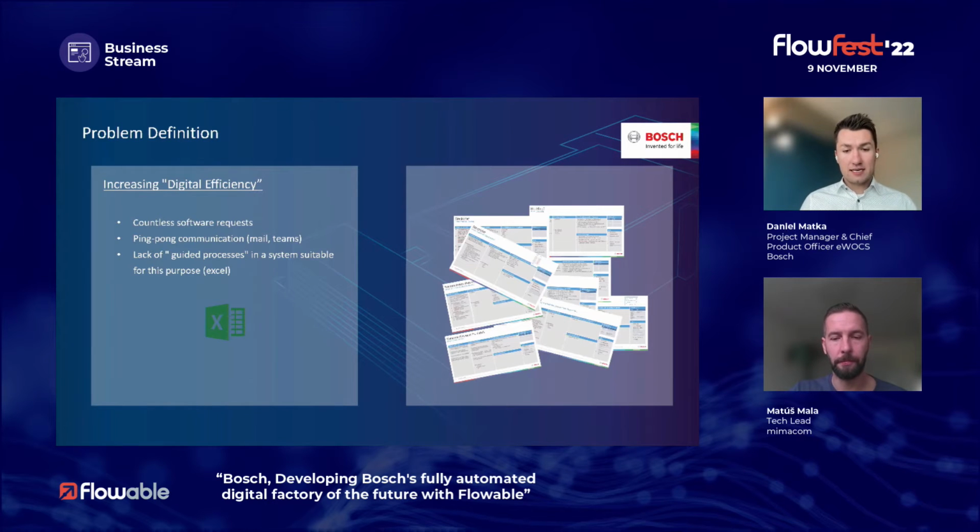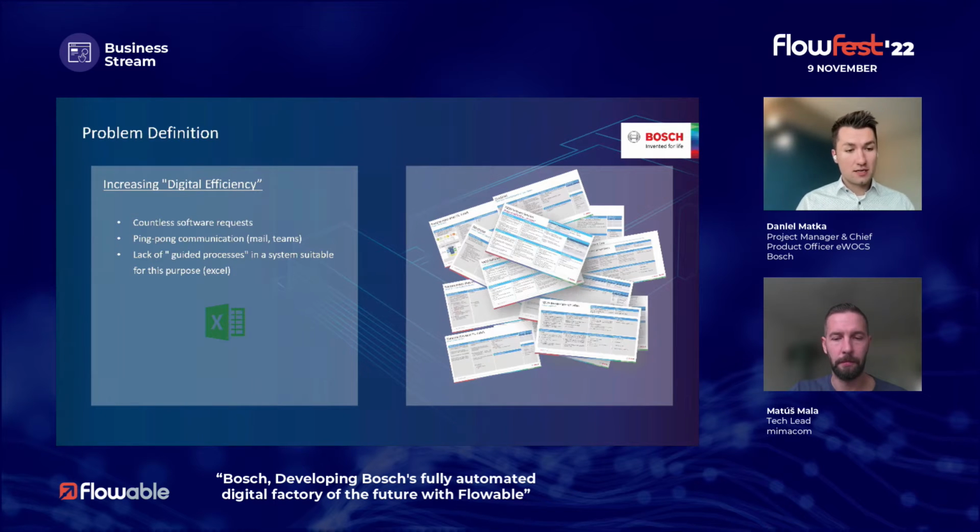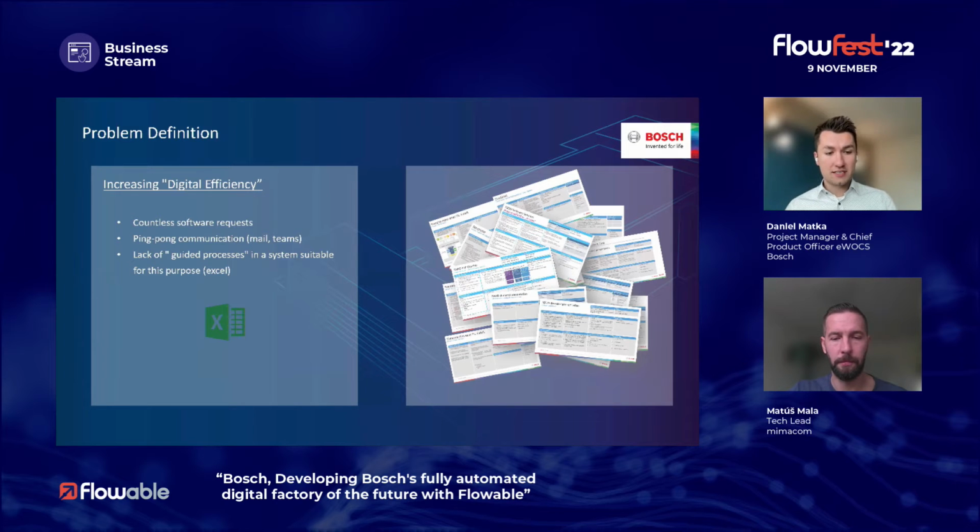But we're speaking every time about one of the best use cases, the best smart fab, but we also have problems. One of these problems is digital efficiency, where our engineers had a lot of software requests: please use this software, please develop anything for my use case. We sometimes have a problem with ping pong communication via MS Teams, you know it, in the Corona time, and also with Outlook or emails. And we had a little bit of a lack of guided processes, which mostly work in Excel and which are not suitable for this purpose. And what we have to do to remove Excel, or to reduce Excels,